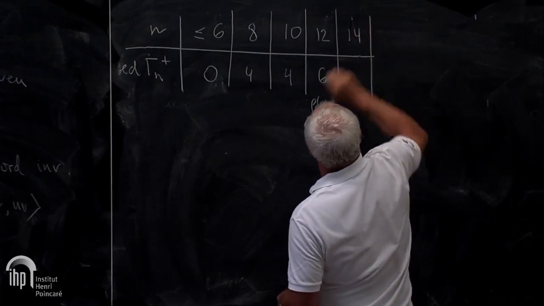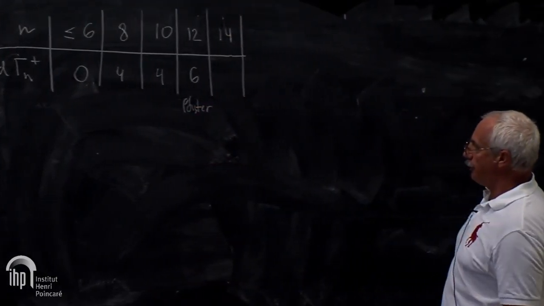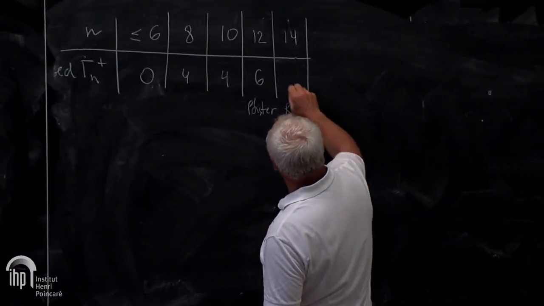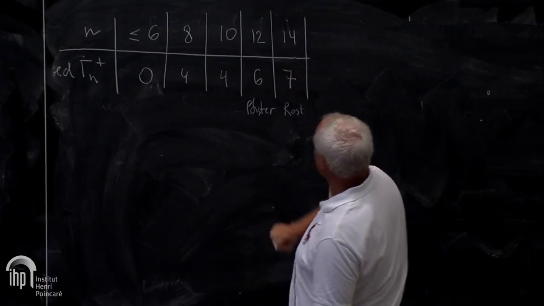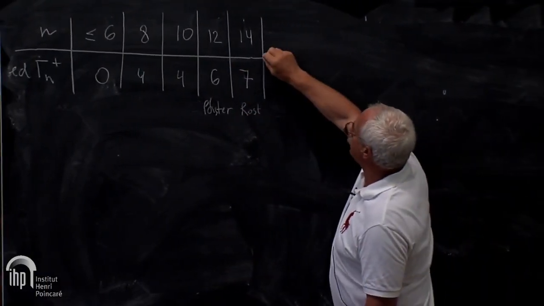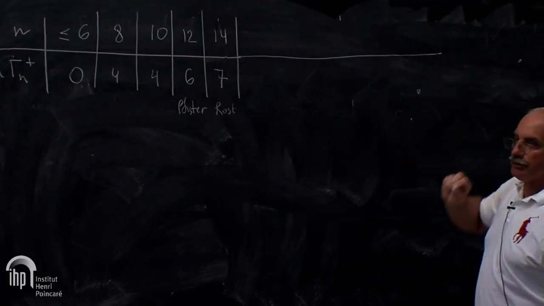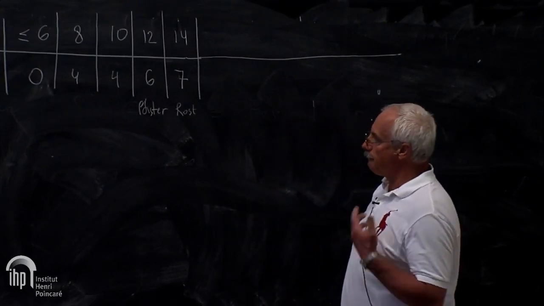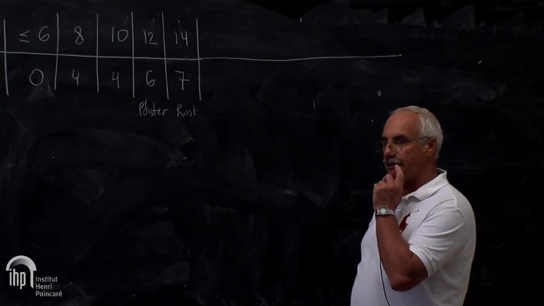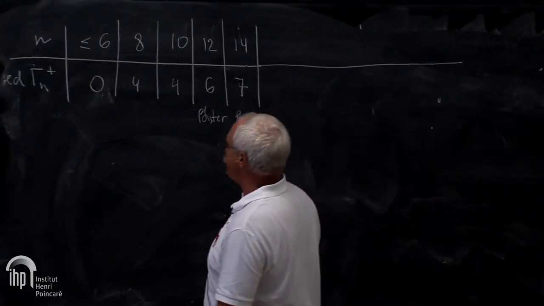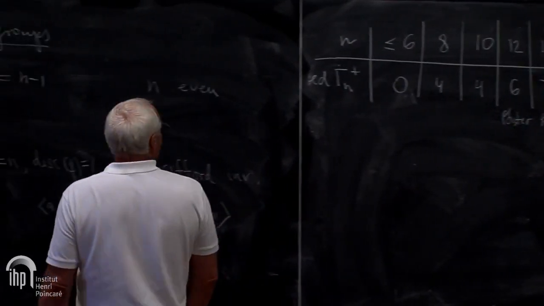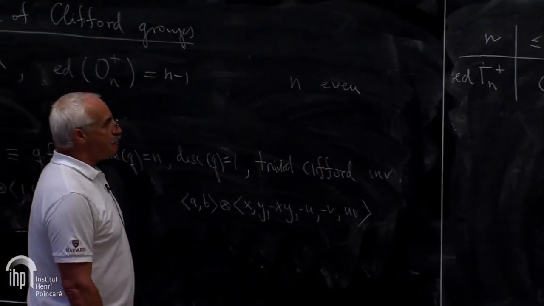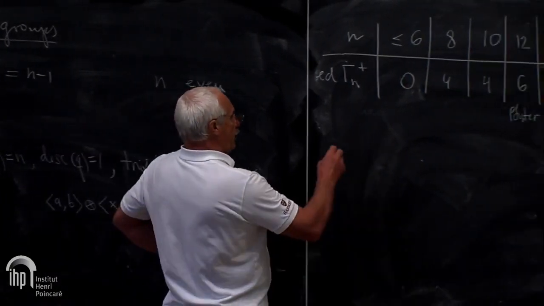Well, forms of dimension 14 are also classified, and that was done by Rost. And then using Rost's classification, you see that the essential dimension is equal to 7 for this class of groups. And now starts something interesting, because we don't have a classification of forms of higher dimension. But nevertheless, you can compute the precise value of the essential dimension of Gamma_n plus. And this value turns out to be exponential in n, which you cannot see from that table. So the thing is that